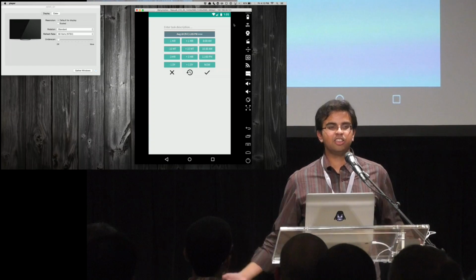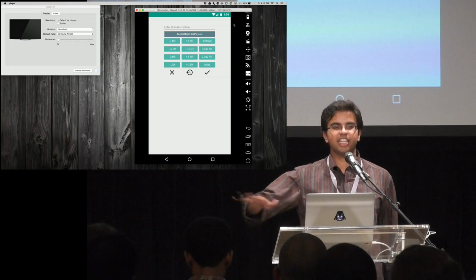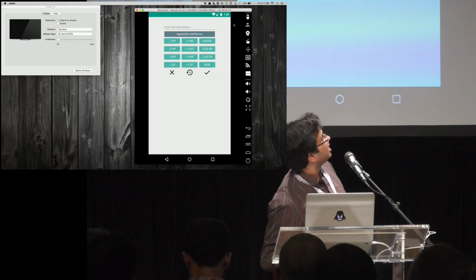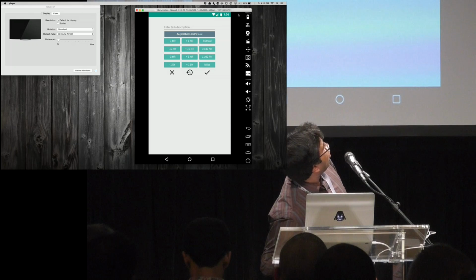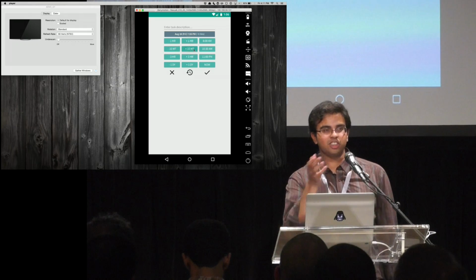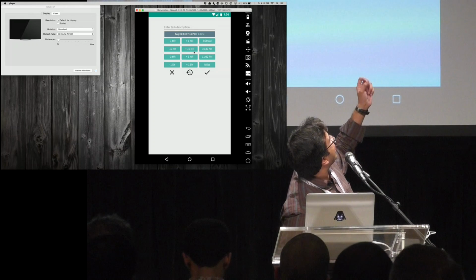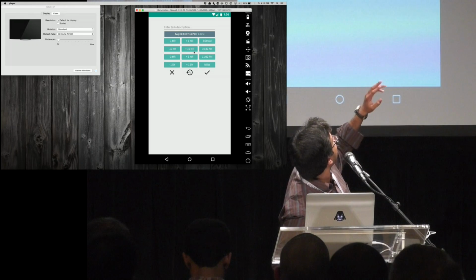I don't want to create a Google Calendar appointment to remind me of all these things. I just want something stupidly simple that will get the job done. So I created this to-do application. What you can essentially do is quickly hit these buttons of different time intervals. And if you see the due date indicator, the blue thing on top,